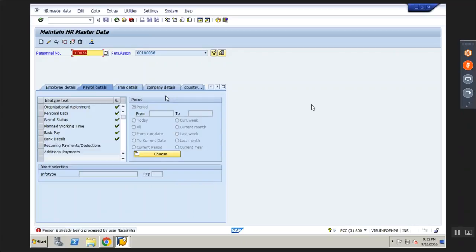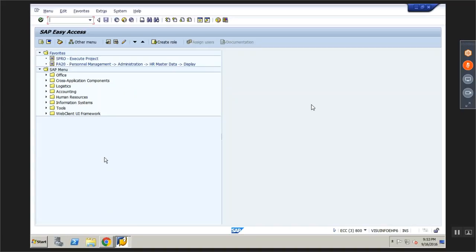Why you see this? Because it is based on the customization, UGR specified. So for my configuration, I give the 2-digit UGR, that is 4R. That's the reason the screen is changing. Screen in the sense the menu options are changing. This is called customization of the menu bar, the PA20 menu or PA master data menu.